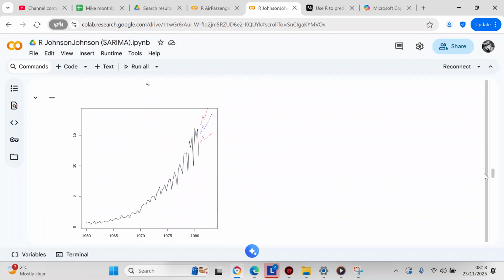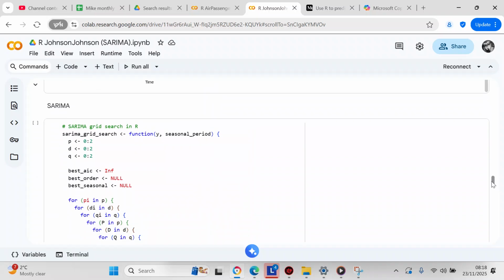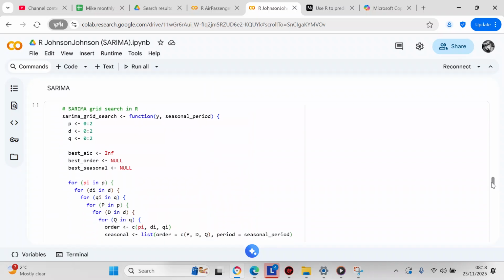I mean, it didn't, what shall we say, the order that we used, I wasn't 100% with that. And that's why I decided to go ahead and use the SARIMA and see what happens. So this is your SARIMA. The SARIMA is an ARIMA with a seasonal element to it. So if your time series has a seasonal element in it, then it's better to use the SARIMA than the